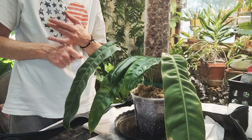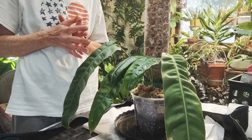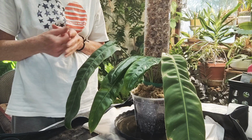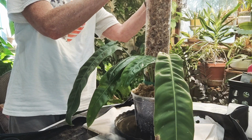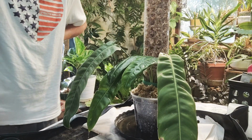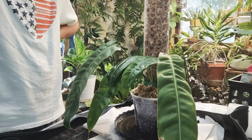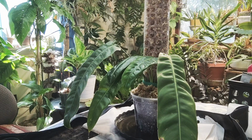I made the wire ones. I never really liked them. They're too hard to work with. I have arthritis in the hands, and I have a hard time cutting that wire, and then you gotta roll it up, and then you gotta zip tie it together, and I don't know, to me, they just look kind of clunky. And then I started making my own out of the cocoa coir, which I really